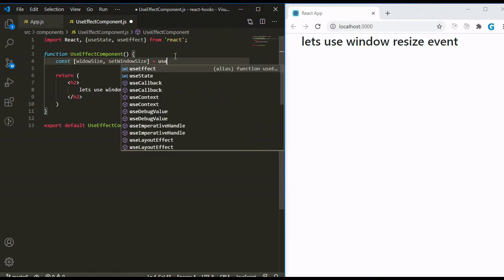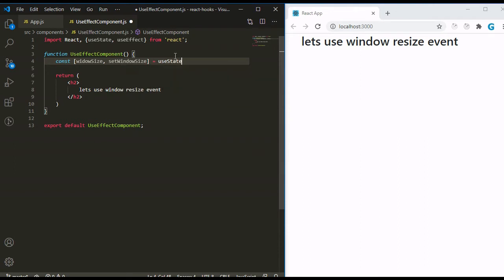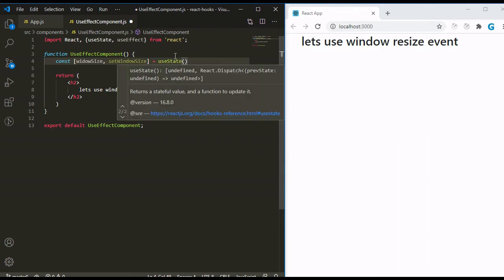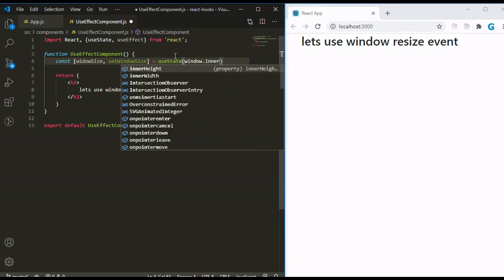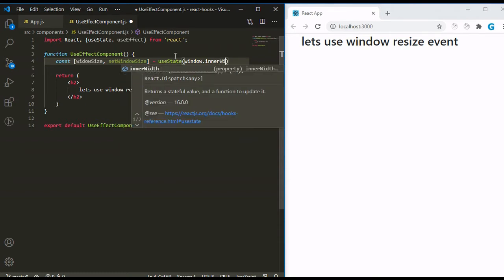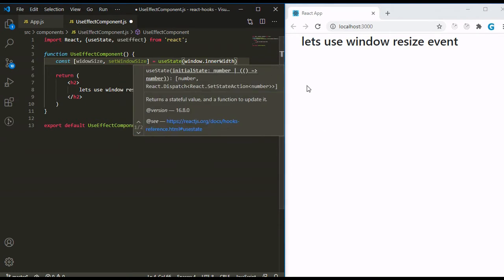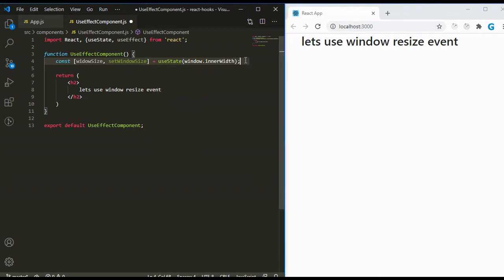Here I am using the state for that, and just define inside that window.innerWidth. Here you can see this is the inner width of the window. So by default we are assigning this width to the windowSize state.